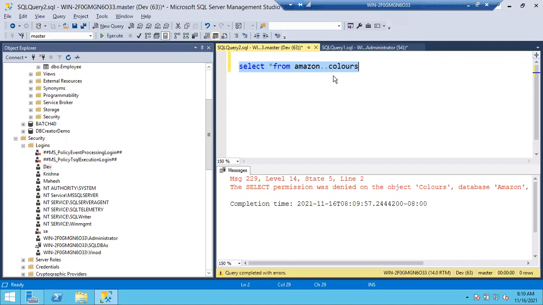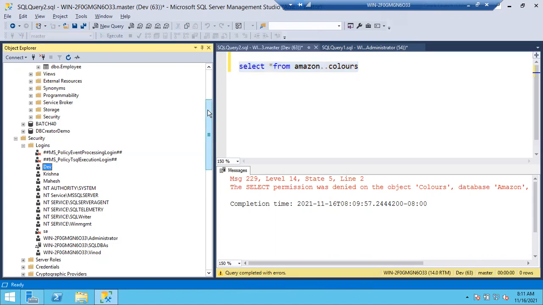Sysadmin can read the data. Yes. But if you are a sysadmin... I thought DB owner has full permission, owner of all the... I don't think DB owner is a kind of sysadmin. Yes, he's a kind of sysadmin at the database level. But deny is the second highest privileged permission. DB owner cannot override the deny permission. Yes, sir. Okay, fine.